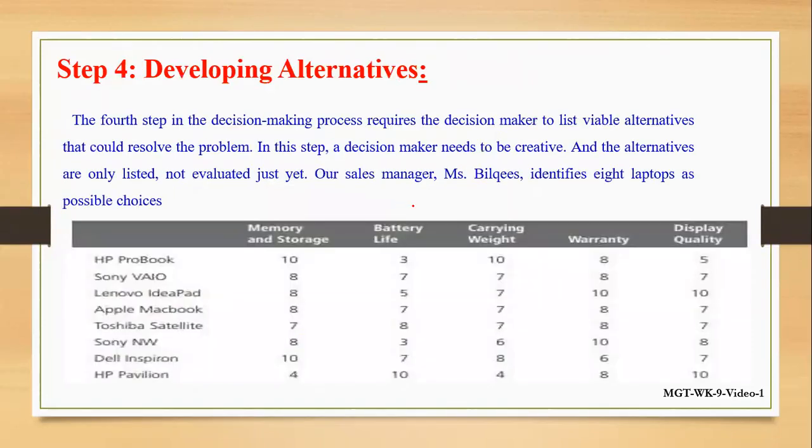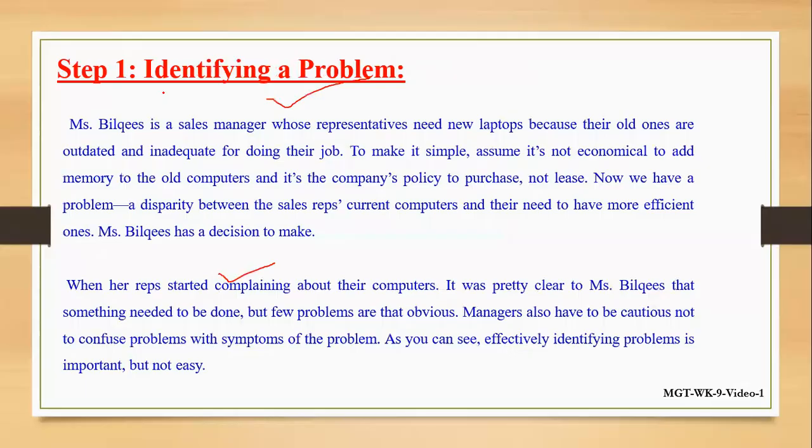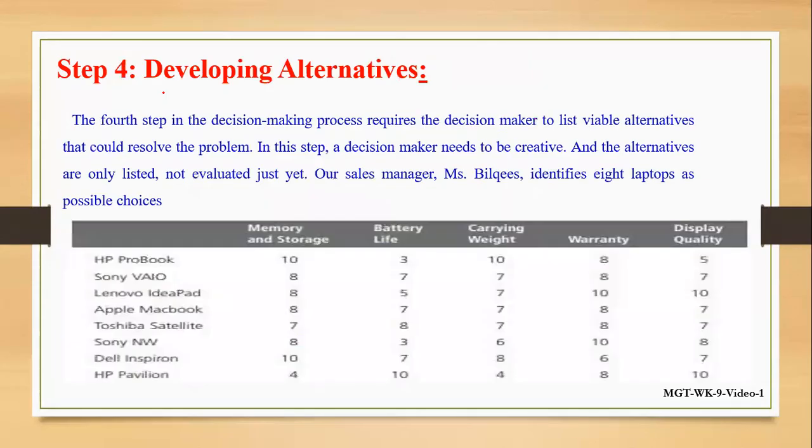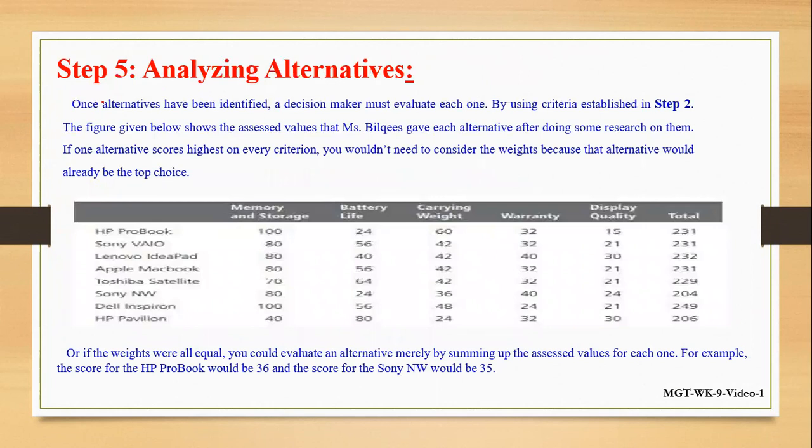Next one is about developing the alternatives. We have already discussed a number of times about different alternatives. First, we have to find out the alternatives. What are the different alternatives? Just like we have discussed in this example as well. So we have to find out the alternative, then we have to analyze the alternative. How can we analyze? We have already discussed: what are the different positive and negative points regarding any alternative, any path, or any decision. We have to find out which is more feasible, and from the implementation point of view, which is more suitable, on the basis of strengths and weaknesses. So this is all about analysis of alternatives.